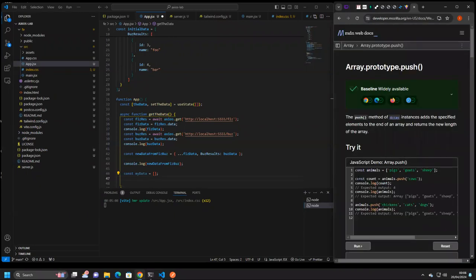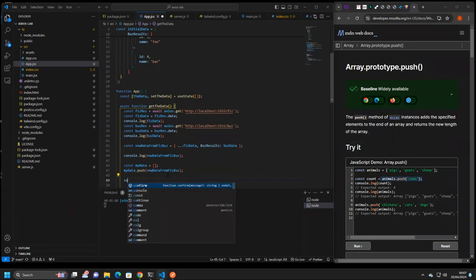There we go. We've got a bunch of data. We can push another item onto the array. That's all we need to do. So if we've got an empty array, we should be able to push our new data from FizzBuzz onto that array. Let's try it. myData.push(new data from FizzBuzz). And then I want to console.log